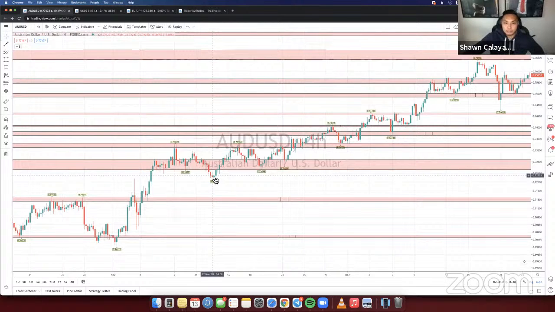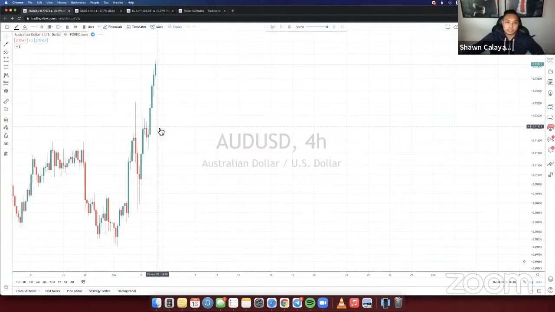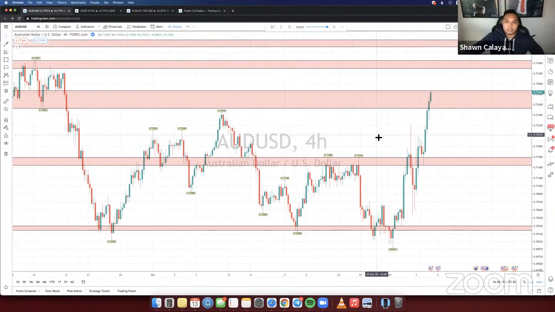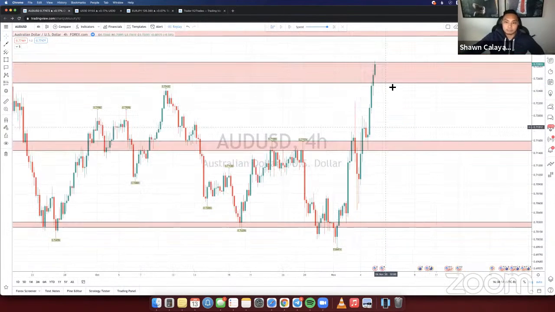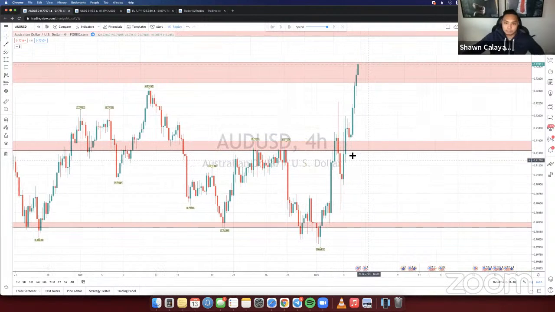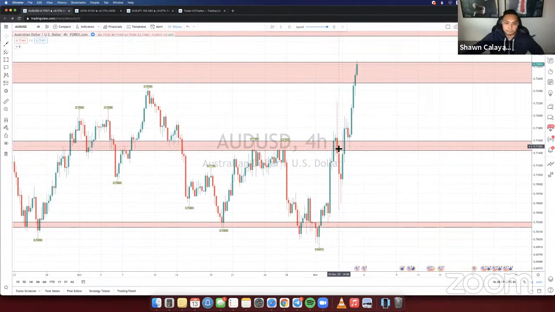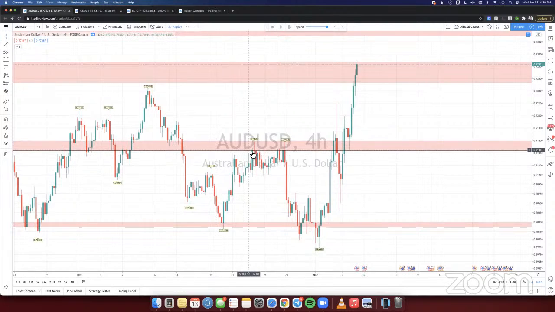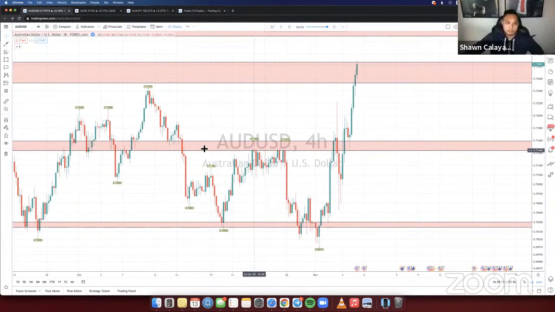The only problem is, how would I be able to determine that this is actually a strong zone? If I go in and back up over here when price has barely gotten to it, it's really hard to tell if it's going to break through. For example, if you look at these zones right here, price breaks right through them. It doesn't respect the zone at all. Same with right here. There are two areas where it respects it, but all these other times it doesn't necessarily respect it.